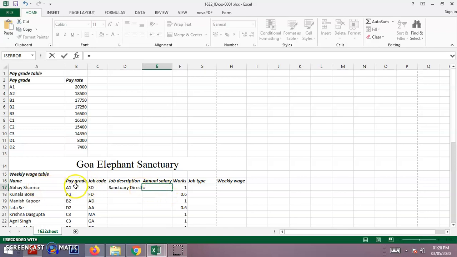Now if you look here, to get the pay rate you need to know the pay grade, and all the pay grades here are viewed vertically. So it means you will use VLOOKUP, opening bracket, and then what is the lookup value on this row, which cell do you want to find in the lookup table here? This one here, pay grade, A1, comma, table array, it will be this one, right? And then the pay rate is about